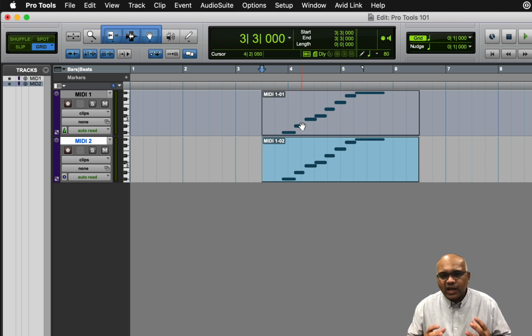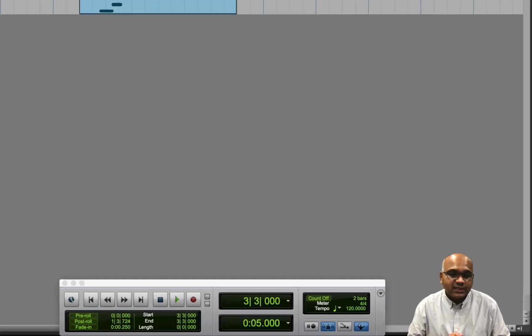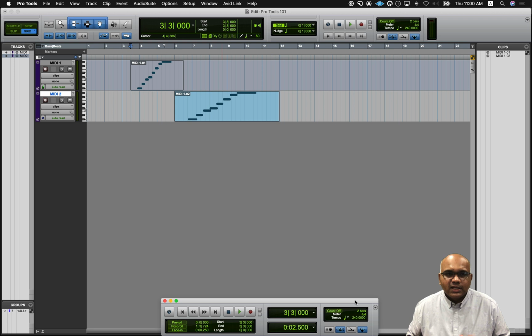Now, what do you think happens if I change my tempo? My tempo is currently set to 120 BPM. If I increase my tempo, if I make it 240 BPM, my audio is going to double in speed, which means my MIDI should play back much faster. Let's try doing that. I'm going to change my tempo from 120 BPM. I'm going to double it to 240 and press enter